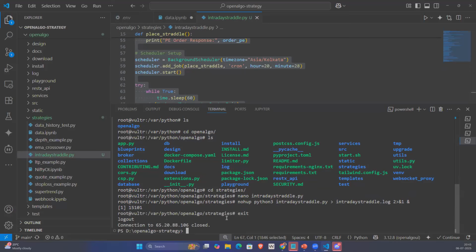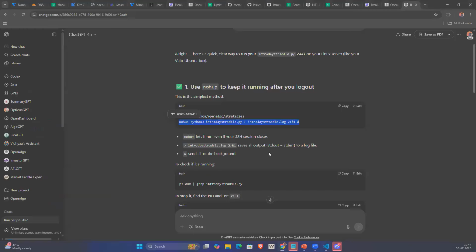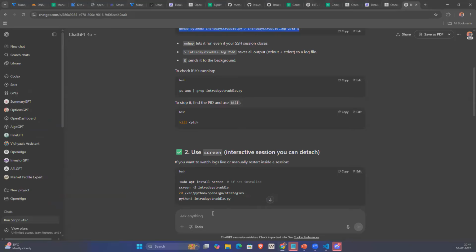Very simple, right? This is one way, but what I prefer to use is something called systemd, or supervisorctl. There are various things available. Even if your strategy crashes, it will restart it. All those provisions are there. Here, if your strategy crashes, it is not going to restart on its own. But if you use a systemd kind of service, right? So let's say, can you provide a systemd